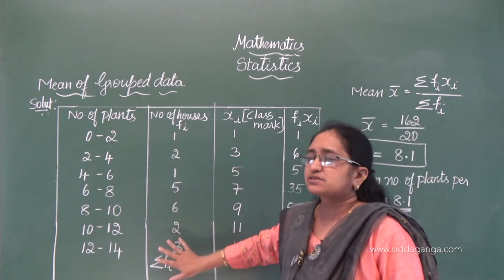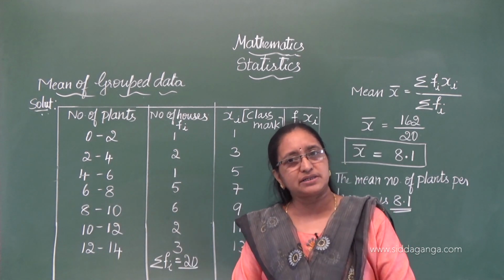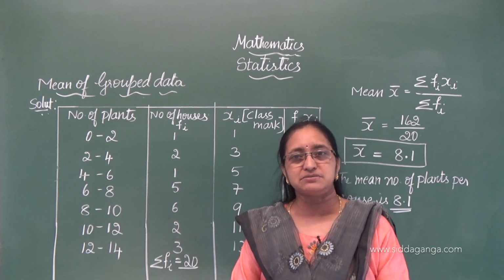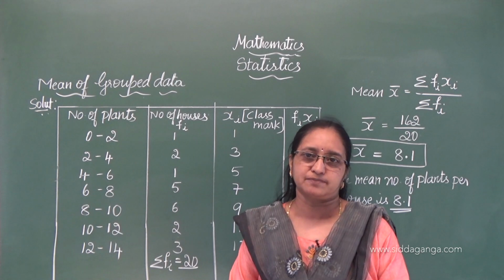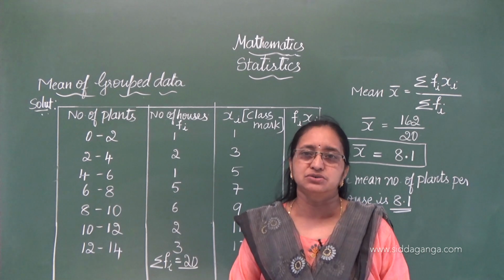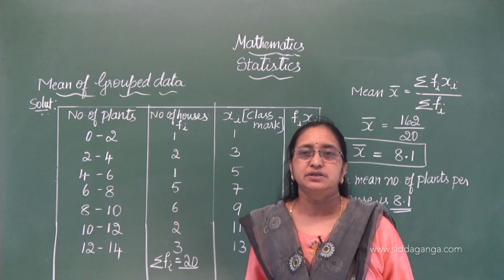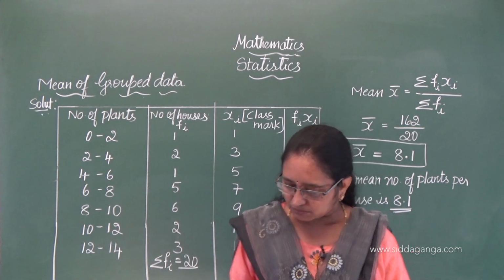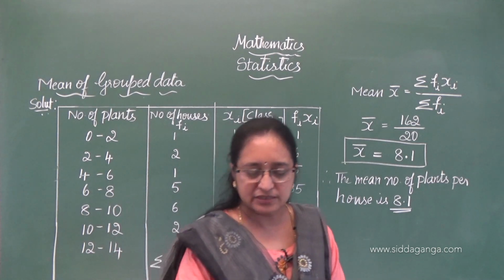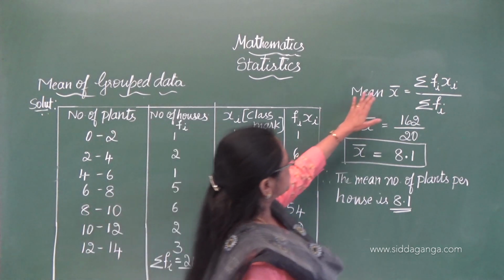So the values of this will be more, and there we cannot use this direct method. The answer we will get is the same, but it becomes tedious and time consuming. Because of that, this direct method sometimes we are not using. Once you get to know all the 3 methods, then you adopt any method. One more problem I will show you with the direct method, then we will move on to the next one in the next class. I am going to keep this formula as it is.